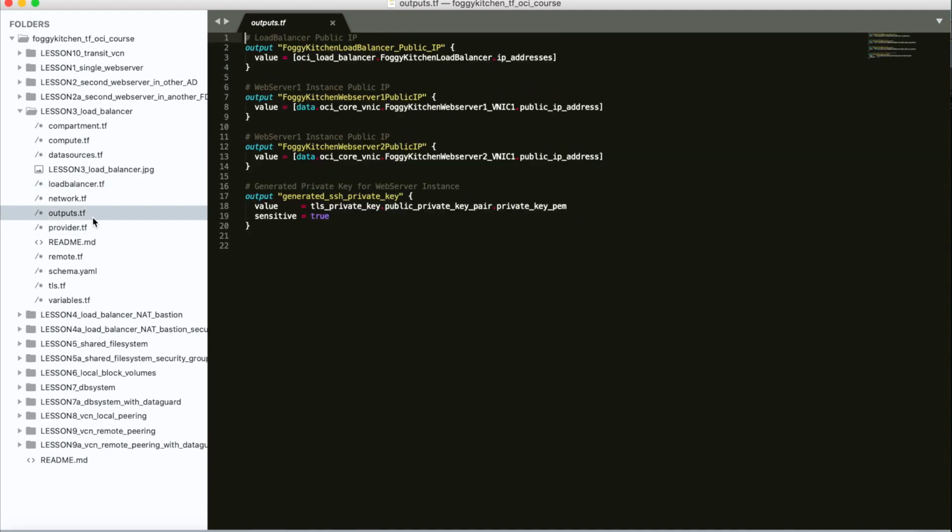Additionally, in outputs.tf, we will find the public IP addresses of our load balancer, right? So we will be able to pick up the IP address from this output and access our load balancer. And that is all. And now we can move to our GitHub repository to use the deploy button and deploy this